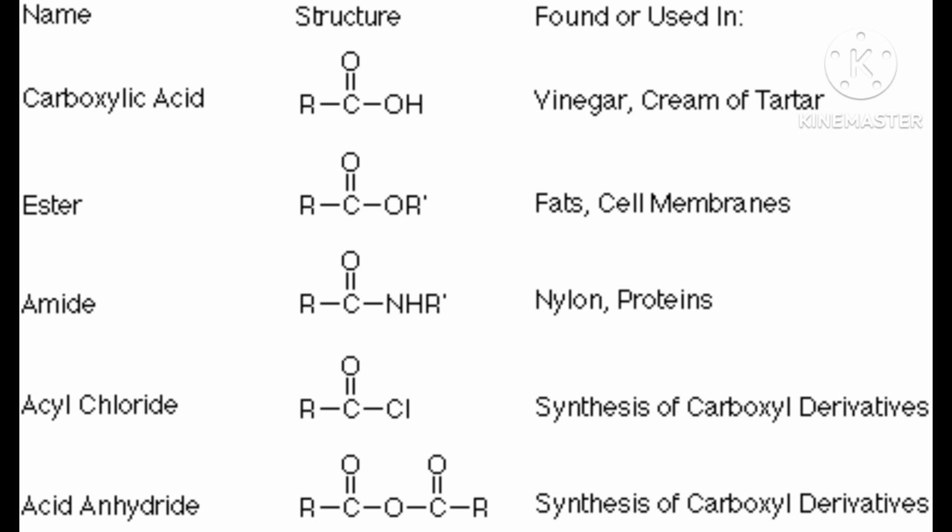Hence this is called acetophenone. In the same way, if you take CH3CH2 and CO, with one side phenyl and the other side an ethyl group attached, one side benzene ring and other side ethyl group,